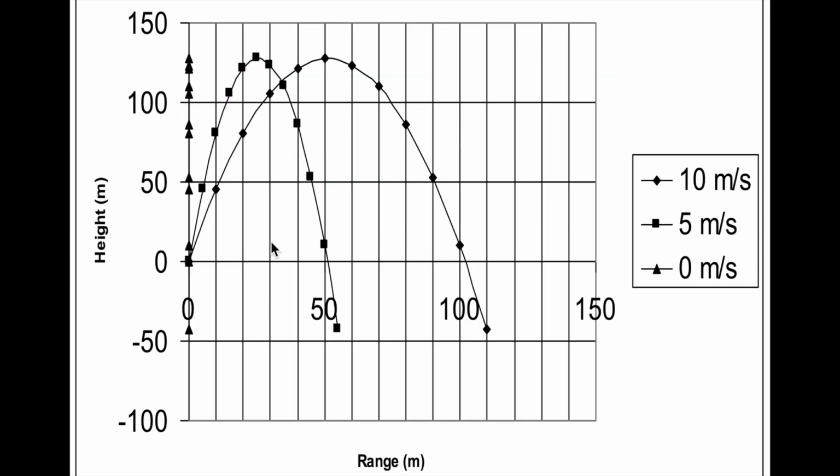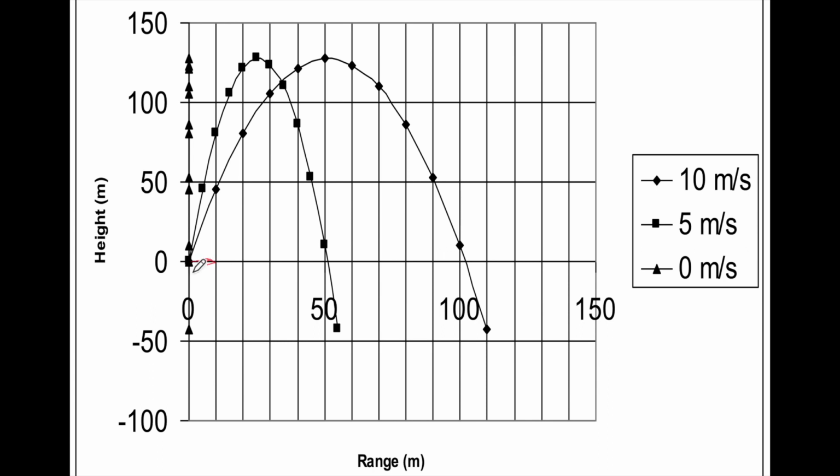Okay. Now, this is one where it's a little bit harder to actually see what's going on. This is a graph of an object that is being shot upward, but some of these also have a horizontal component. In this case, for the triangle shaped one here, it will be just as though you're tossing the object straight up in the air. It'll go up and it comes back down. It's kind of hard to tell because it's hard to differentiate the up from the down. Okay, but if you look at the 5 meters per second one, so if it has a horizontal velocity of 5 meters per second,